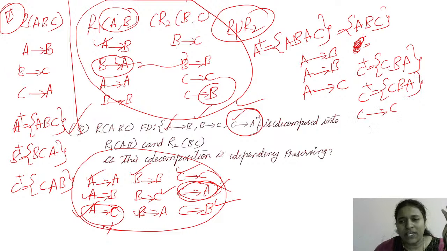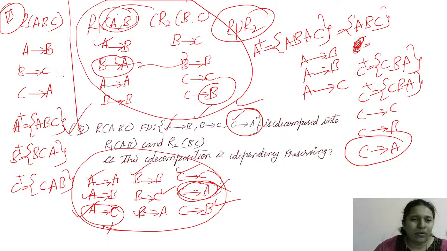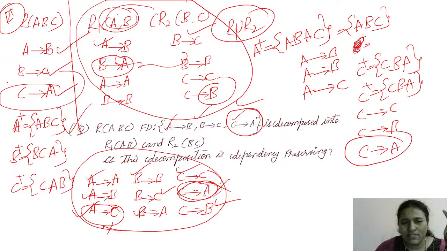That means C to C, C to B, C to A also we are covering from the R1 union R2. C to A also covered. B to C initially covered, A to B also covered, C to A also covered. That means we can say that the relation is lossless decomposition, and we have to see is this lossless or